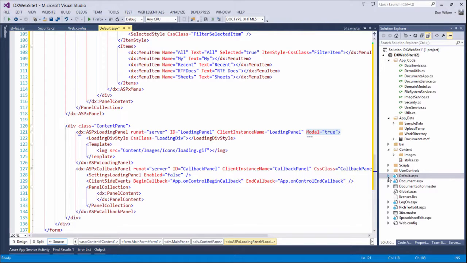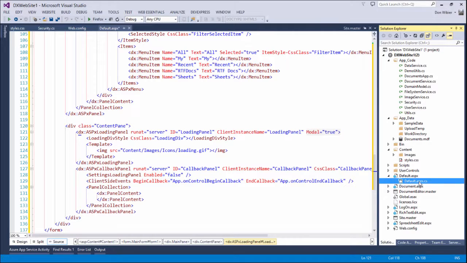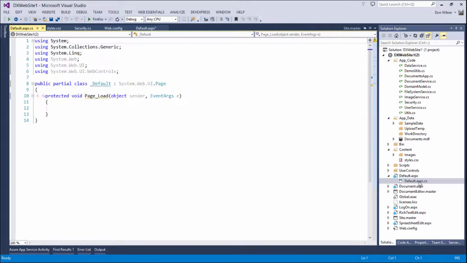We've also coded in a bit of server-side code, so let me put that in as well. For instance, you see a number of events being taken care of in the markup, and there are a number of things that we need to take care of before we can run this demo. I will need to have something which determines my selected filter on the left side of the page, because depending on that filter I need to do a number of things. So the easiest way to do that